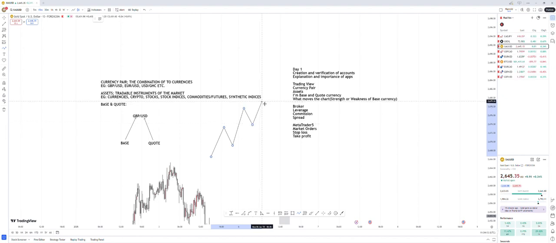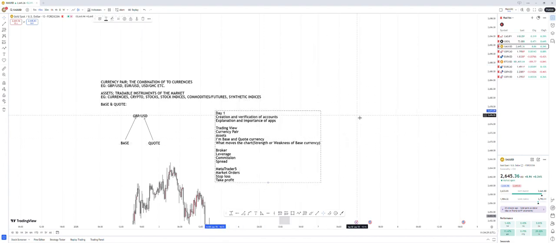You understand? So the movement of the market is purely based on the strength and weakness of the base currency being compared to the quote currency. Do you get it? Good. So that's it for base and quote currency, and I've also talked about what moves the market. The next thing we are going to go to is